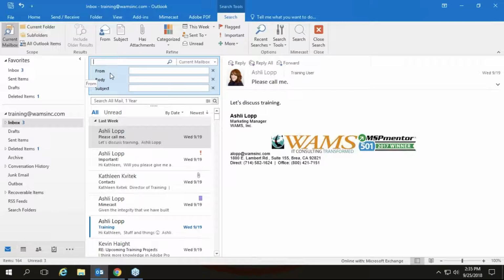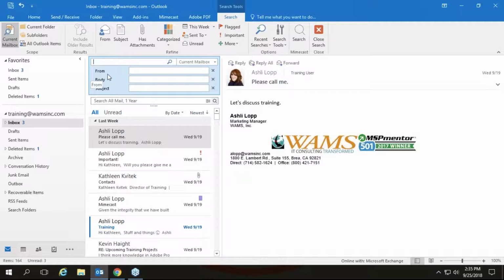You'll notice that on mine it says from, body, and subject. And so what I did is I set up a little searching template, which you can do as well, so that you can easily narrow down your searches. If you don't have these extra search criteria options, when you do a search of your mailbox, it searches the name, the subject, and the body by default. But sometimes when you're searching for a specific word and you have a very large mailbox with a lot of email, like many of us do,